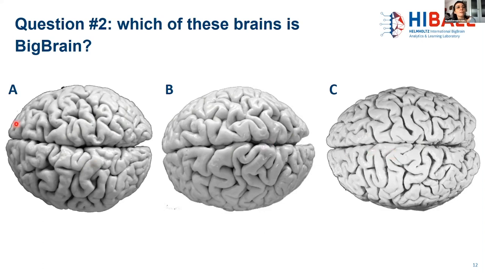Well, the correct answer is A. Brain A is the big brain. And if you compare them, I mean, this is just something I could spend hours looking at brains. It's just funny how, for example, big brain has this structure here in the left hemisphere that sort of reminds me of a little of a ribbon, of a bow that you tie in your hair. Anyway,